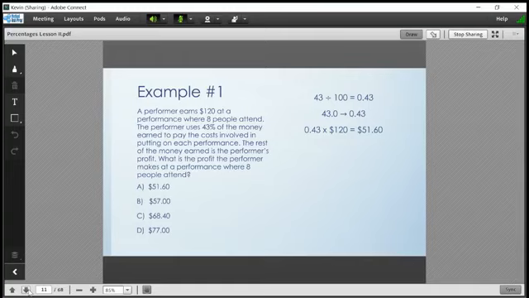So again, we're not looking for 5160 because we're not looking for the cost. We're looking for the profit. So that's going to be the rest of it. What I would then have to do is take that $120 and subtract that 5160, because there are only two components here, the 5160 being the cost and the remainder being the profit. That will give me the correct answer, which is 6840. So I take 120 minus the cost of 5160, which was the 43%, which gives me the 6840,